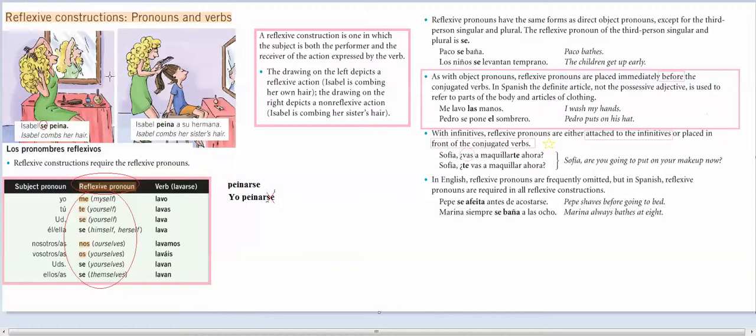Forget about it for a minute. Let's not exit out. Let's just move it. Let's take this "se" and move it over here, and we're going to deal with it in a minute. So now I've got "peinar," which looks like a verb that we're more used to. So if I want to conjugate it,